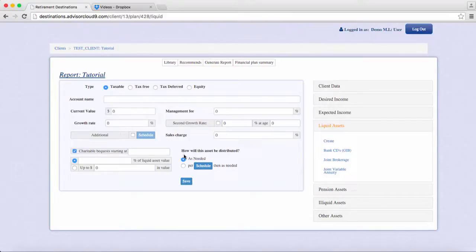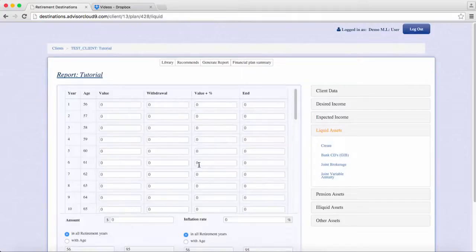As needed will allow the account to make income distributions to meet the level of desired income needed each year, while per the schedule allows you to control exactly how much income can be taken year over year from this account. If you click the schedule button, a schedule of the account's value year by year will appear. In the withdrawal column, you can specify how much income should be taken. The start and end values will automatically update for you, so make sure to hit save after you've finished inputting